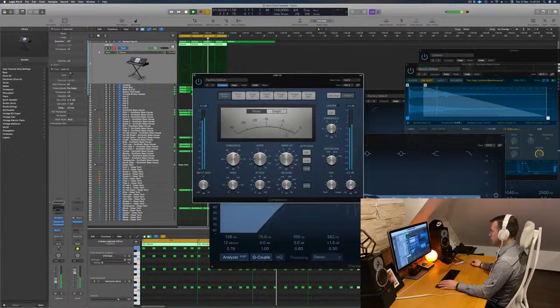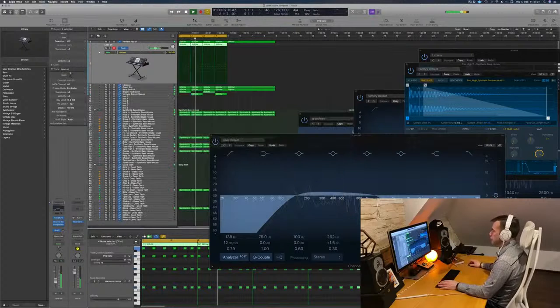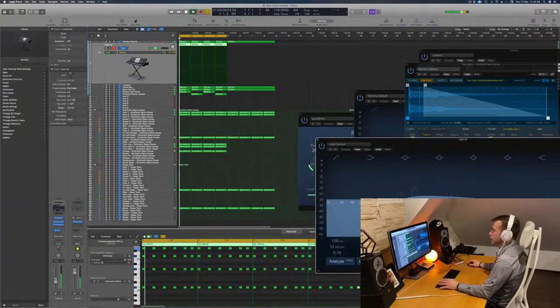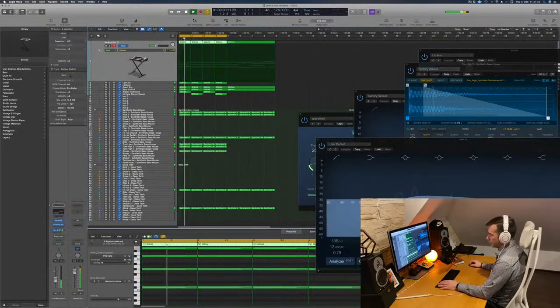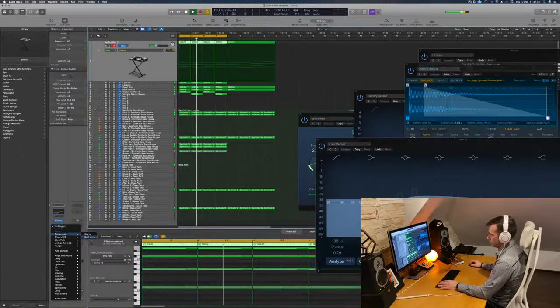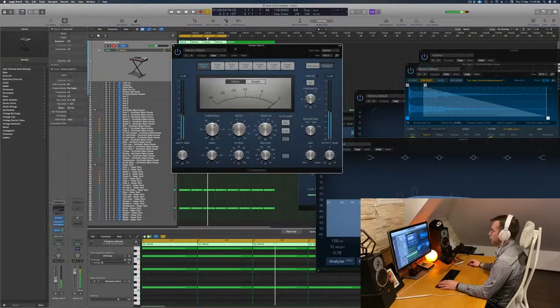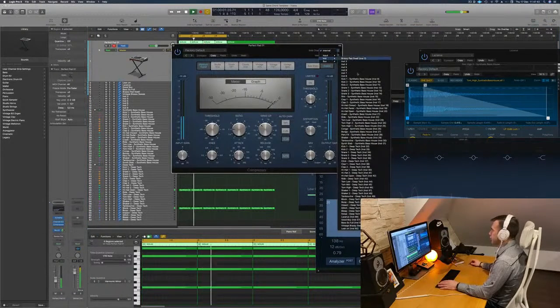Make sure we're not clipping too heavily here. I do like this pad at the top very much, but I think it needs a side chain too. It's a bit too present. I want it to pump with the rhythm, so